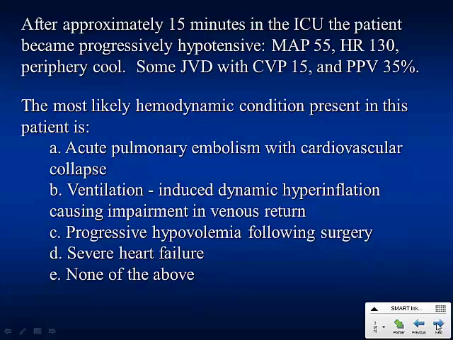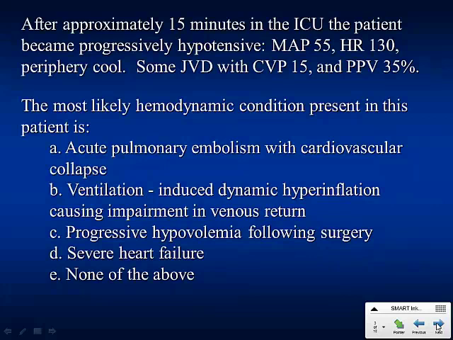This is what happened. After approximately 15 minutes in the ICU, she became progressively more hypotensive. Her mean arterial pressure fell to 55. She became tachycardic to 130. Her periphery, which was cool before, was really cool now. She had some JVD. Her CVP was around 15, and since we had an art line in, her pulse pressure